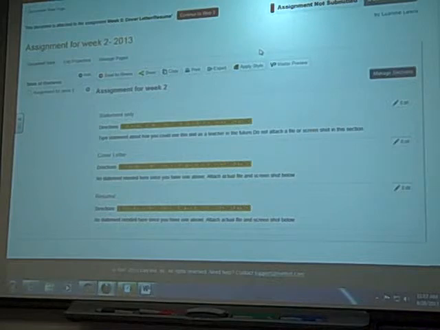You're going to write a statement that applies to both the cover letter and the resume. That's why I made a separate section for it, and it's the only statement you have to give me. When you do the cover letter and the resume in a minute, you're not going to write anything more about it. So, I would like for you to click Edit